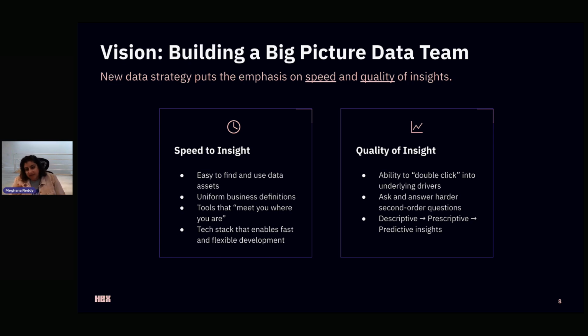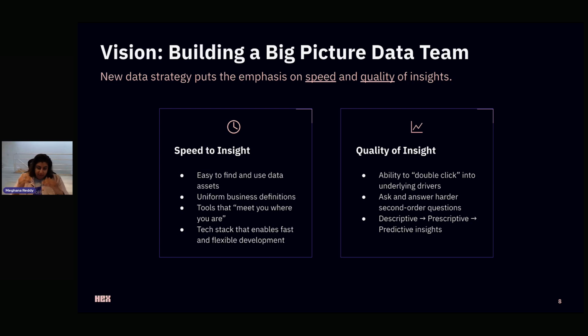The other couple of points in speed to insight, one is uniform business decisions or definitions. Kind of alluded to it earlier, but one of the things that happens when you don't have uniform metric and dimension definitions is that there's just more opportunity for things to be open to interpretation. And certainly some things don't necessarily have a fixed definition. Some do, like financial definitions or what we call a sport versus a concert. Those things should be sort of definitive and irrefutable.